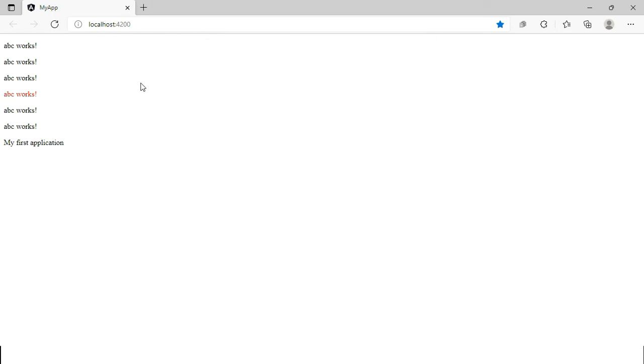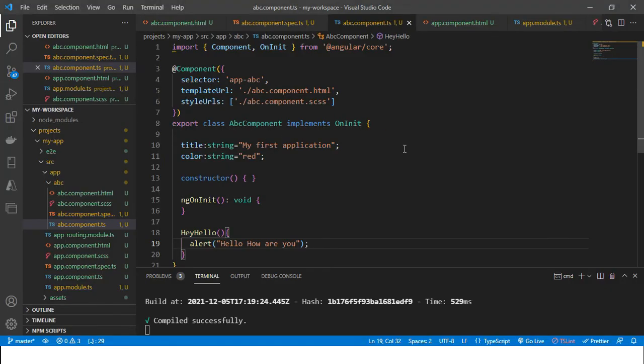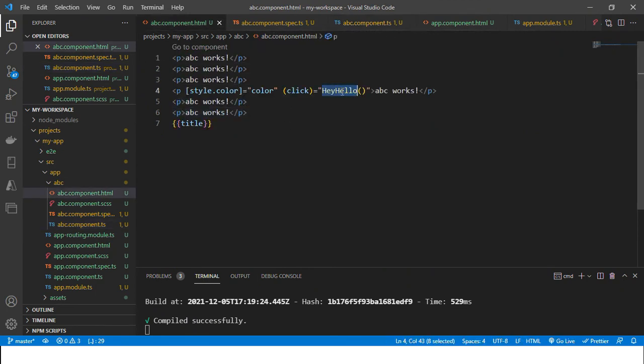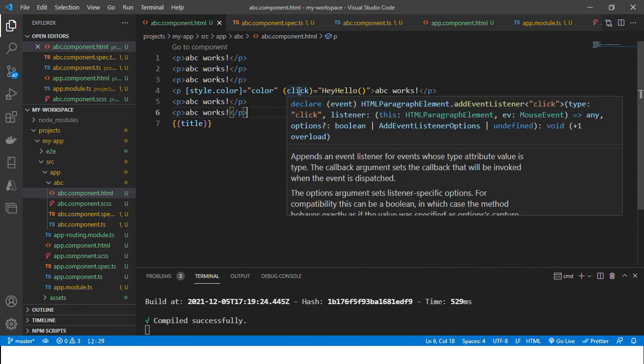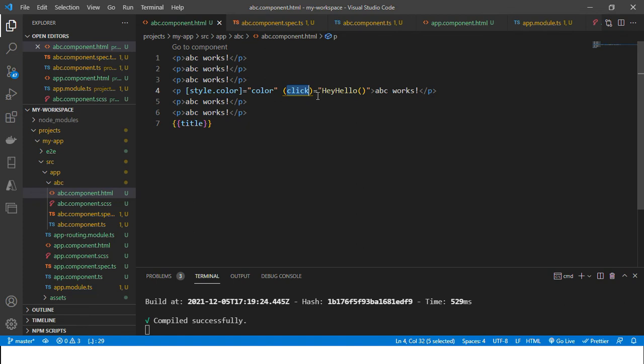This is the way we can define event listeners, and that will be mapped here. This is the event binding. The event binding is bound to the element with braces. Inside the braces there is an event, and after the equal sign we map our method which is defined on the component side.